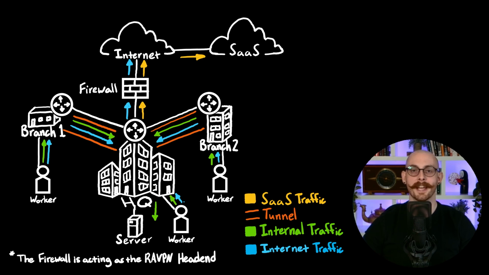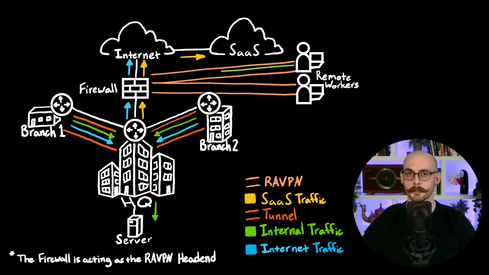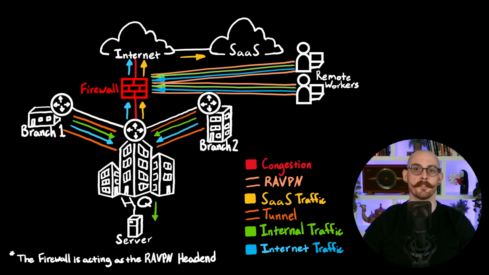As workers went remote, administrators were faced with the challenges of needing to provide connectivity to services while still maintaining visibility and security controls, while also providing a positive user experience. For connectivity, some organizations turned to remote access VPN, either full or split tunnel, or something like virtual desktop infrastructure or remote desktop services. Now, there are strengths and weaknesses to any solution, but sending all traffic back to your own network, even if it's destined for the internet, regardless of the method, would increase the load at your WAN edge. In any case, the centralized security design risks becoming a bottleneck that could have a negative impact on business